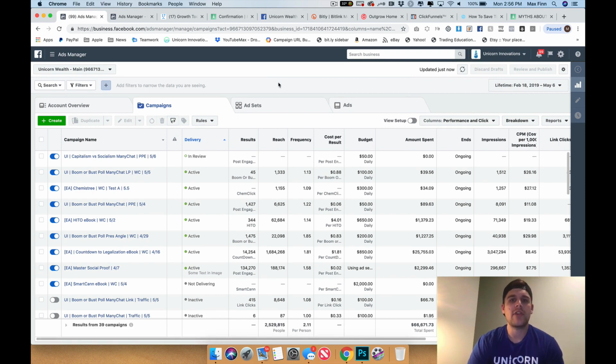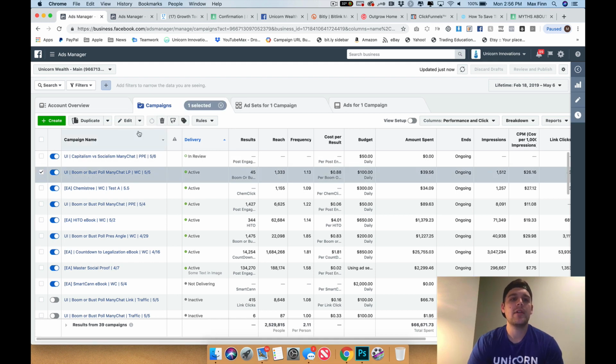Okay, so stop loss rules, and the cool thing with rules too is you can apply them at different levels. So if I want the rule to just run for this campaign, because listen, my target CPLs, my target CPAs are going to be different for all these campaigns. If you're running a single offer, if you have one product, you could run campaign-wide rules because your CPA is going to be the same for all of your objectives pretty much if you're running for conversions. But most of us have different KPIs for different campaigns. So you want to have rules specifically for those ad sets or ads under that campaign.